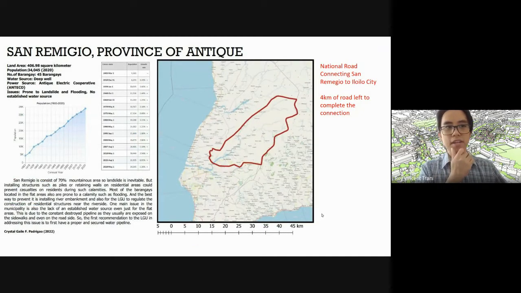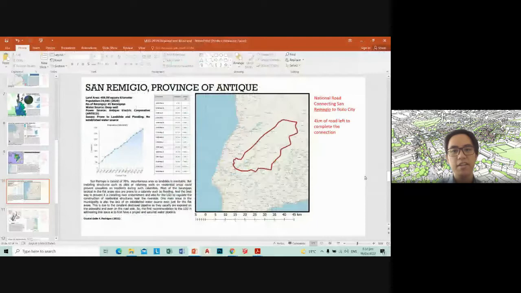Maybe that could be a specific activity for our finals. So I'm thinking we could do something that's related to your interests for everyone. So for example, maybe Crystal could draw that road for us in QGIS. So that will not only raise, I think everyone in San Remigio and Iloilo know about that road, but maybe that could raise awareness on a national and maybe provincial level, like they're doing this,